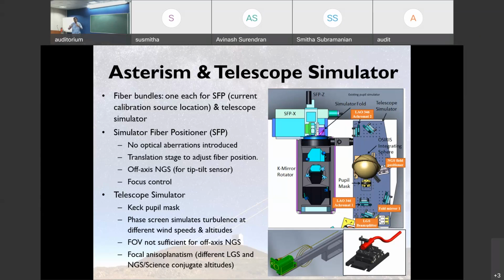So we can actually determine the errors due to tomography because we are actually injecting the tomographic error into the system. And in addition to this pupil mask, the focal anisoplanatism because of this finite altitude,